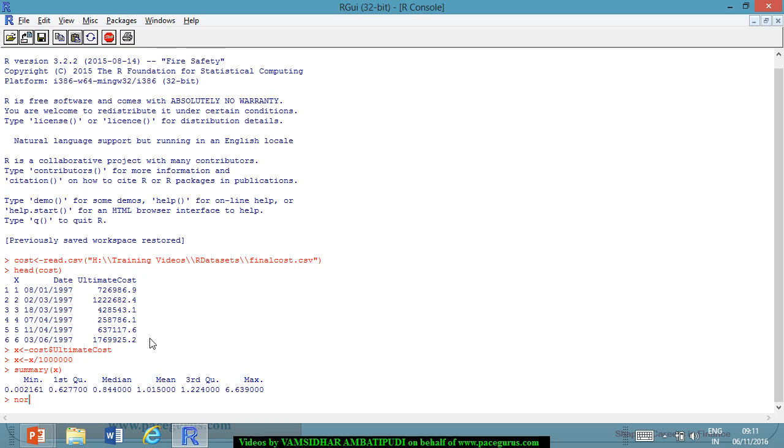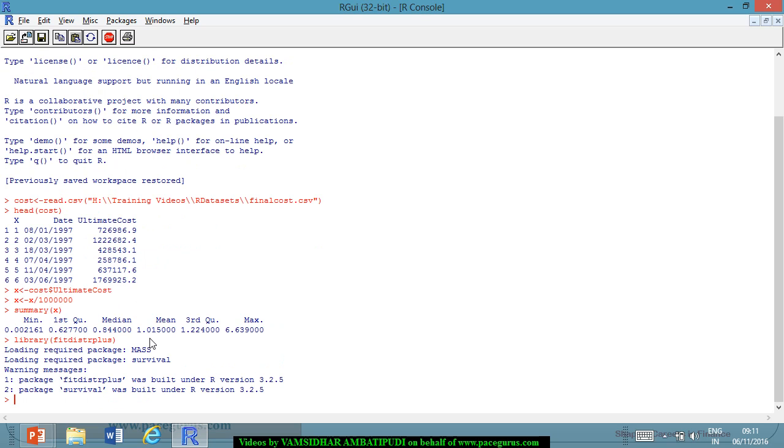So now let me fit a normal distribution to this data. I need to load the library fitdistrplus. If it is not there, please install it, because we already have it, I am simply loading it. fitdistrplus is the package that we have loaded. Now within that, let me call normal as a variable, which is using the fitdist function. Just to recollect, the fitdist function uses the name of the data, which is x,